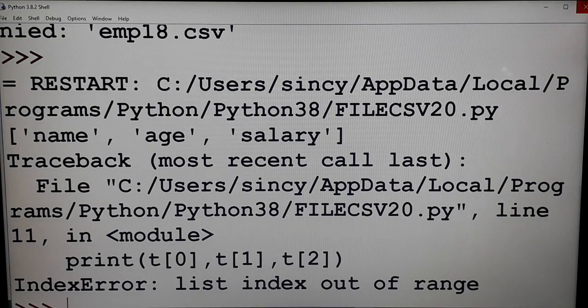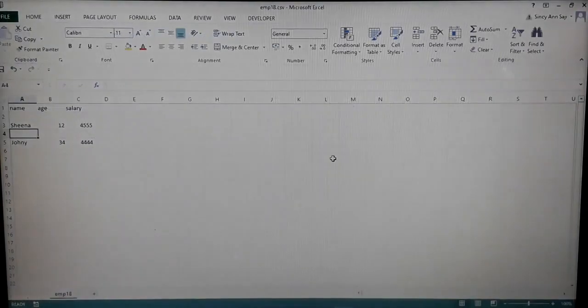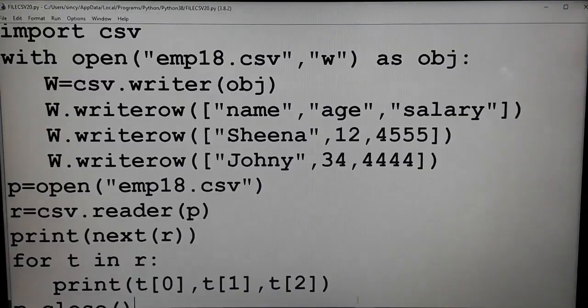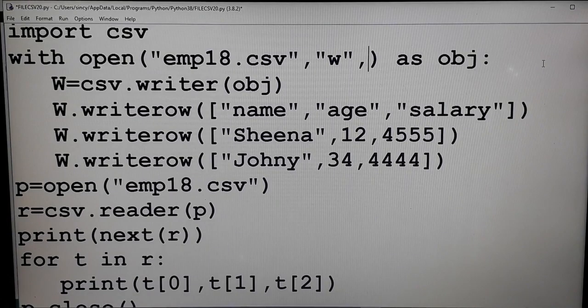To avoid that extra line, in your Python, when you write the data into your file, you can use one more argument. The argument is newline equal to empty. That means by default Python will insert a line after each record.